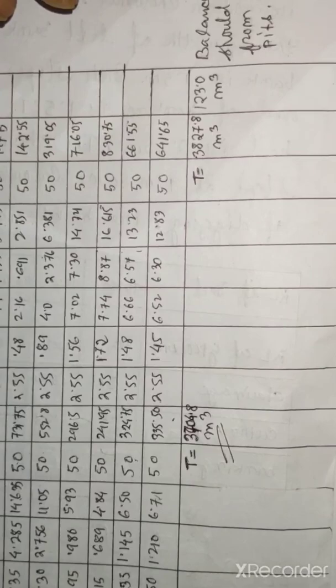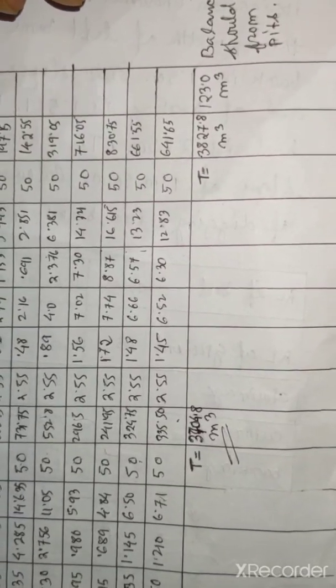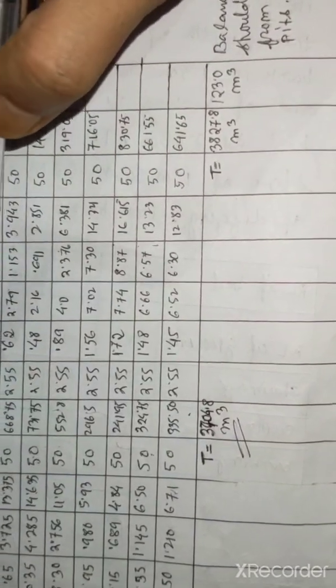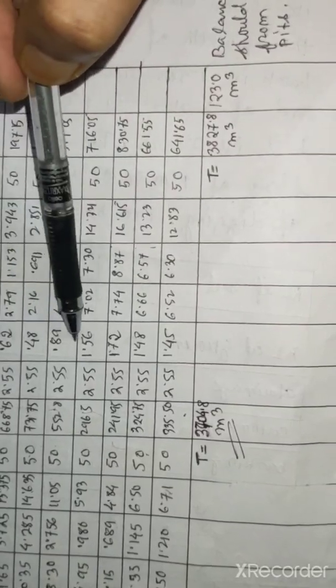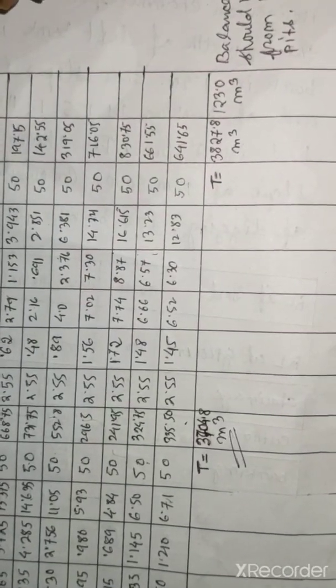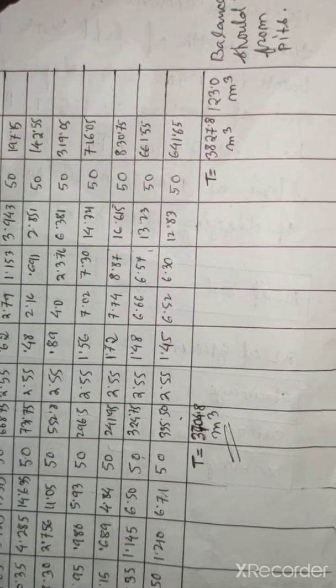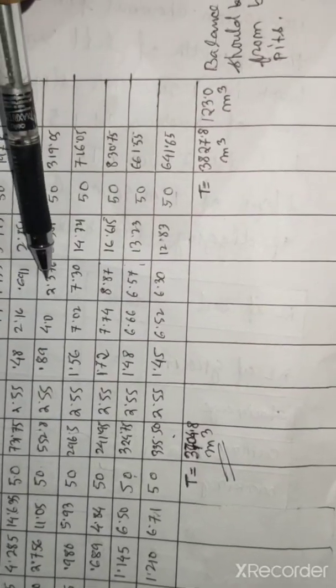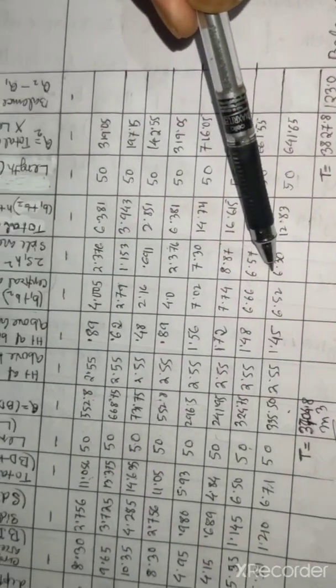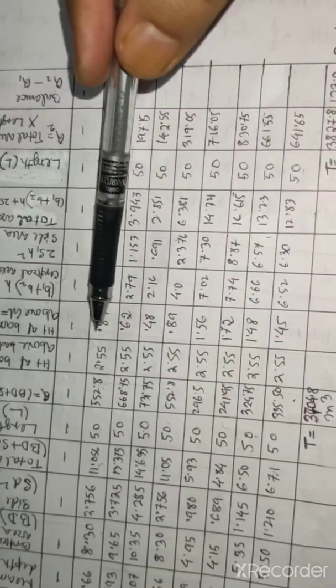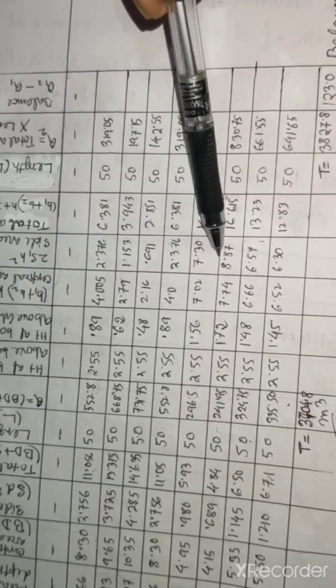Just like that we have found out twice S1 H square for each and every station. H we know for each and every station. S1 is 1.5. So twice S1 H square for each and every station we have found out, and twice S1 square we can easily find out.